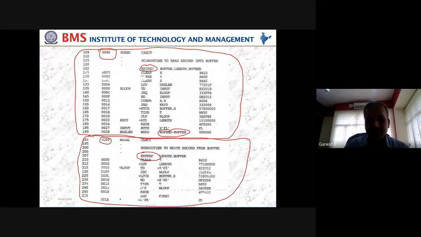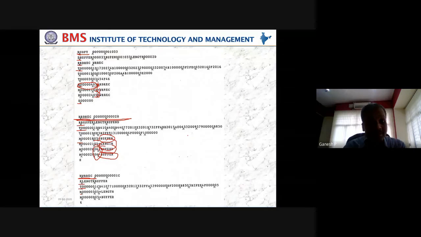But the same thing I have used in the second control section. I have assigned something to the max length. So even though buffend minus buffer is an external reference, it is certain that during the course of loading of the program, I know the value of buffend and the value of buffer. So this minus this is what? It is not an address, because this is a word. What is a word? Word is nothing but an integer. The result of this is going to be an integer. How many bytes is an integer? Integer is 3 bytes. 3 bytes means 6 half bytes. That is why it is written as a 6.